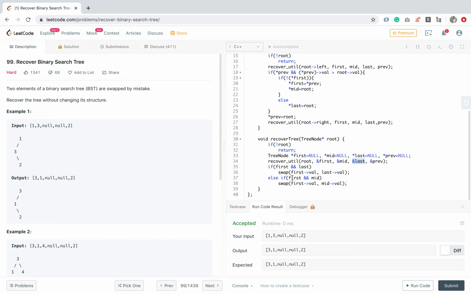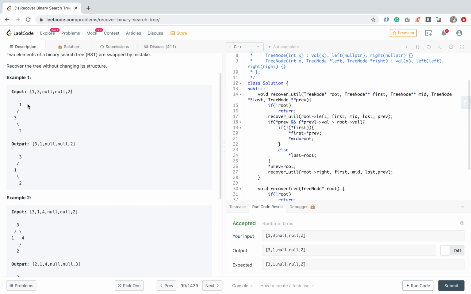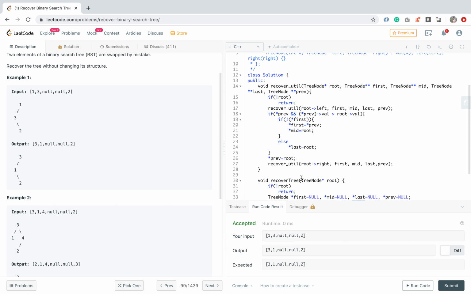Like here, if we do in order traversal for this 3 2 1, root is 2 and previous is 3, so 3 is greater than 2, that means first is 3, and mid will become 2, and then we update previous and go to the right subtree and so on to find all these first, mid and last.